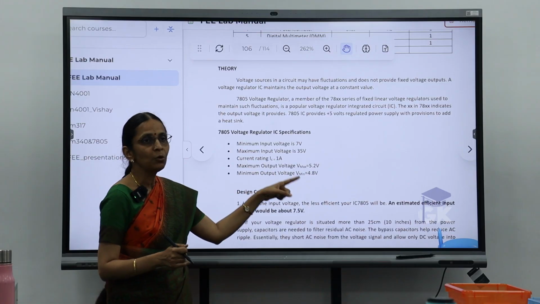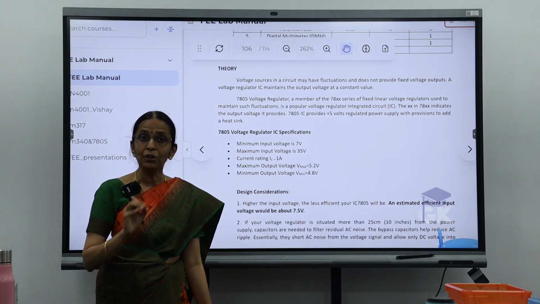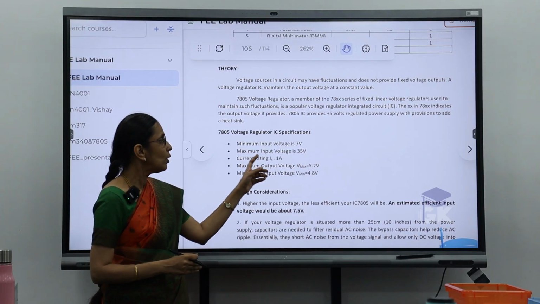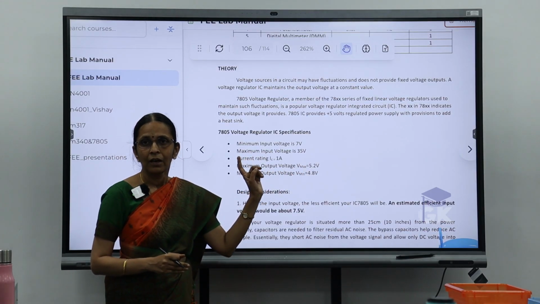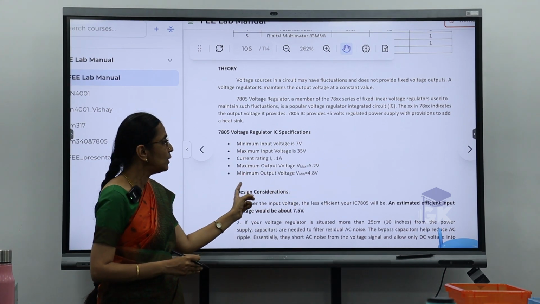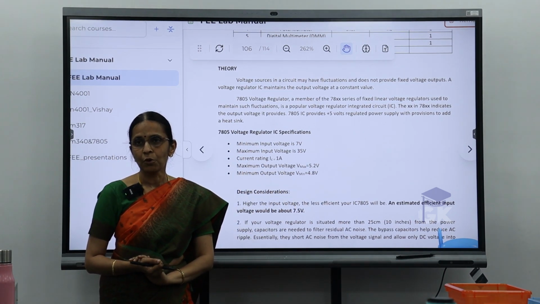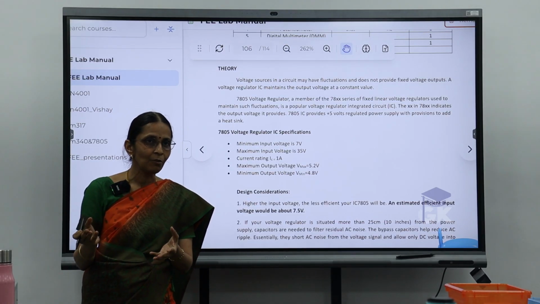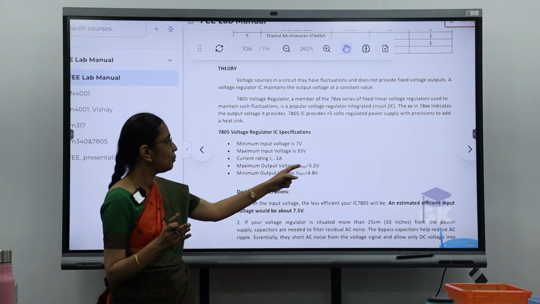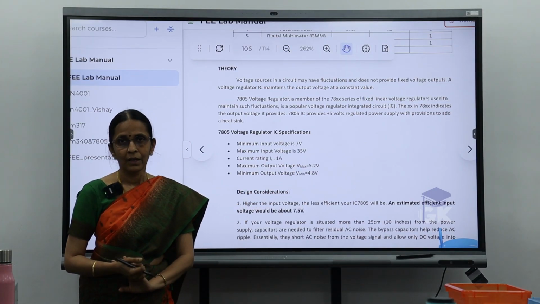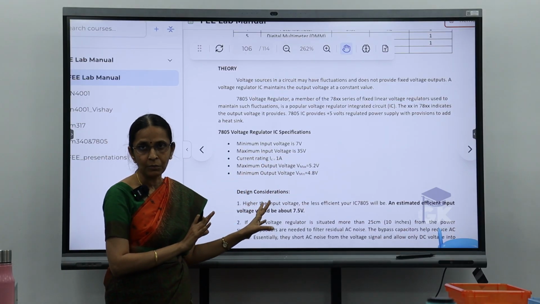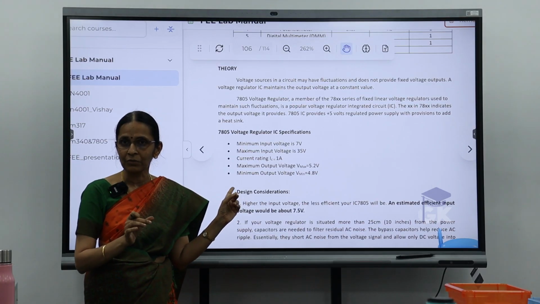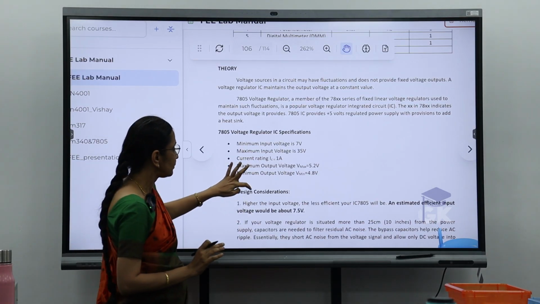And what's the maximum output voltage? We say it gives me 5, but not always 5. That you can notice when we are connecting the regulator IC. What is the maximum output voltage it can give? It can give me 5.2, and the minimum output voltage that it can provide is 4.8. Though we say it gives me a constant 5, it may not be 5 all the time. It can vary from say 5.2 to 4.8, right? So these are some of the important specifications. I will also show you the data sheet of 7805 where all these specifications are, and how to look for it.